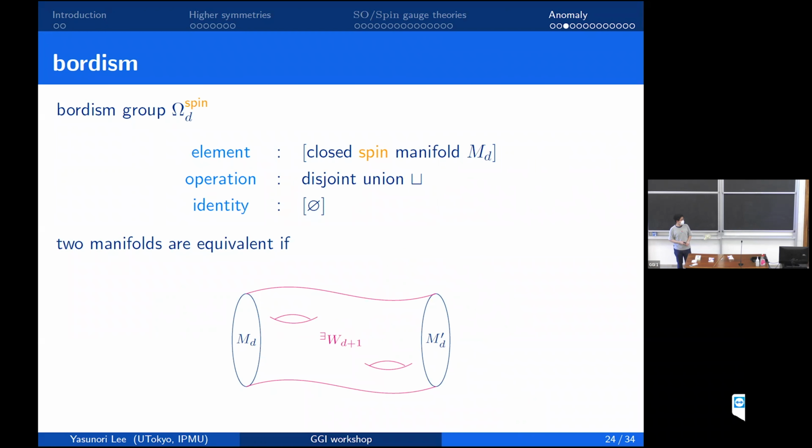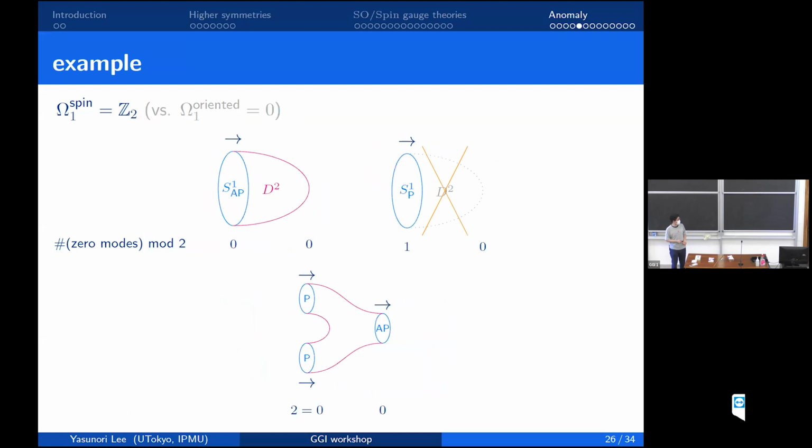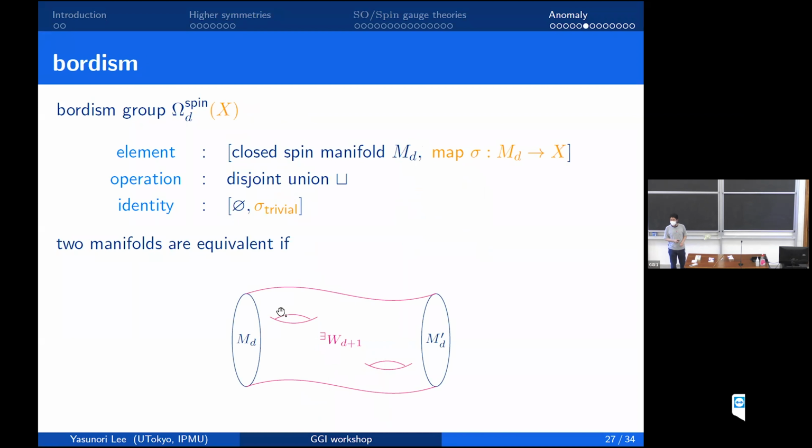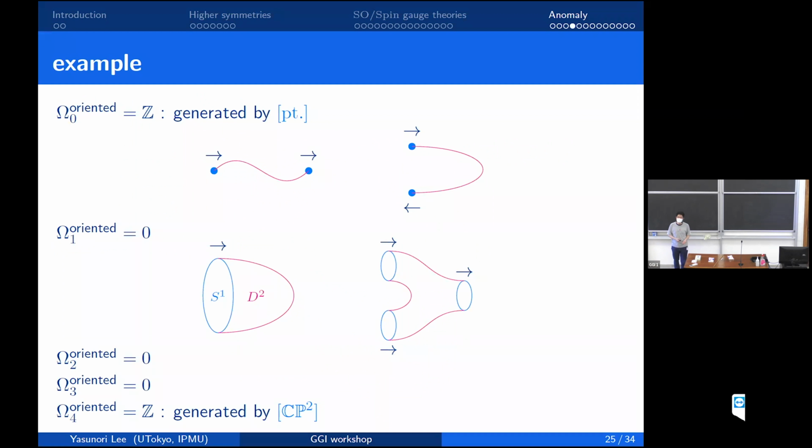And that's the basic definition of the Bordism group, but one can easily extend this notion and take various structures of manifolds into account. So for example, if you take M_D and M_D prime to be spin closed D manifolds, and require the spin structure to be suitably extended across this W_{D+1}, then the resulting group becomes the spin Bordism group. Due to the lack of time, I will skip these examples. Okay, then I'll go with the example. So let's work out some examples then.